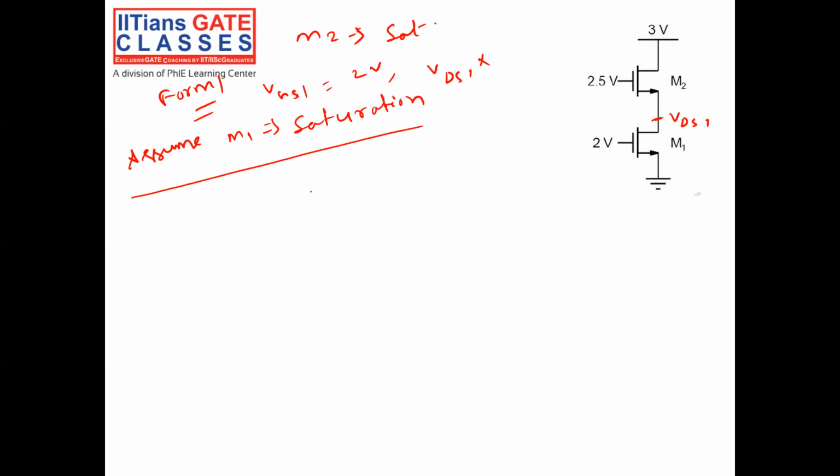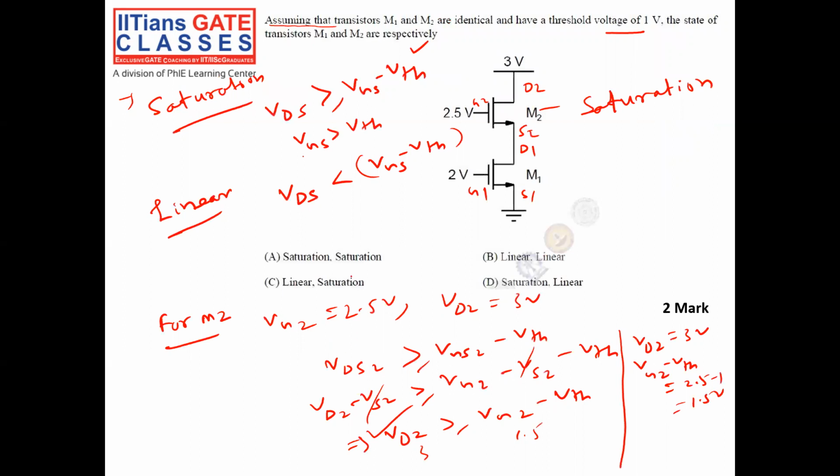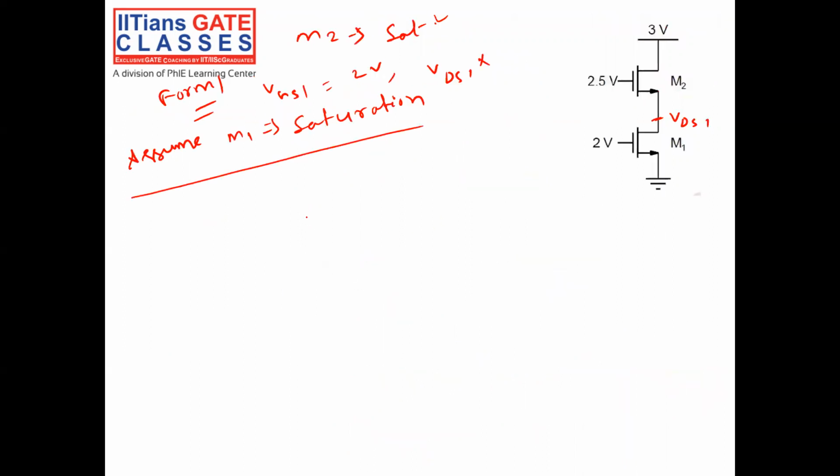So the thing is, M2 is already in saturation, that is confirmed from the circuit condition, but M1 is not confirmed. Because I don't know VDS1, we have taken an assumption that M1 is in saturation. Then you have to verify whether it is true or false. Since M1 and M2 are connected in series, the IDS of transistor 1 equals the IDS of transistor 2,